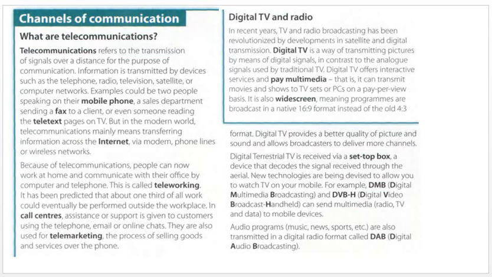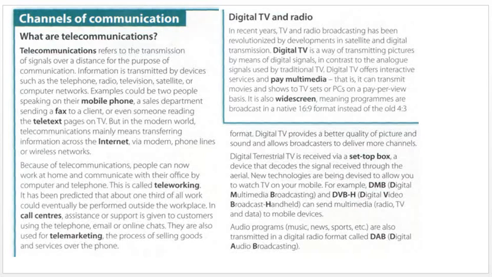Digital TV and radio. In recent years, TV and radio broadcasting has been revolutionized by developments in satellite and digital transmission. Digital TV is a way of transmitting pictures by means of digital signals, in contrast to the analog signals used by traditional TV. Digital TV offers interactive services and pay multimedia. That is, it can transmit movies and shows to TV sets or PCs